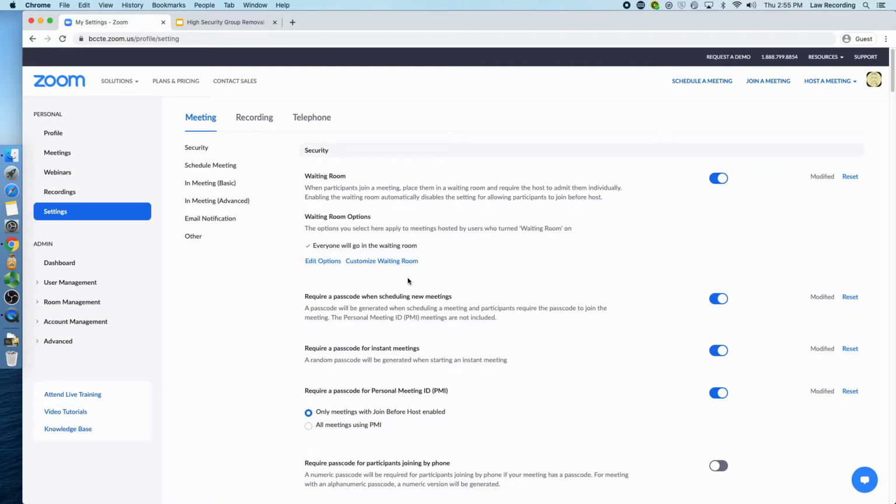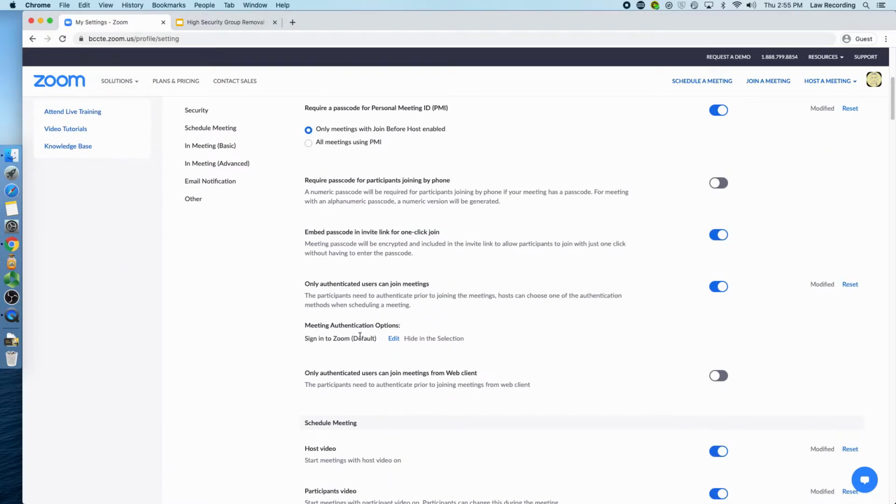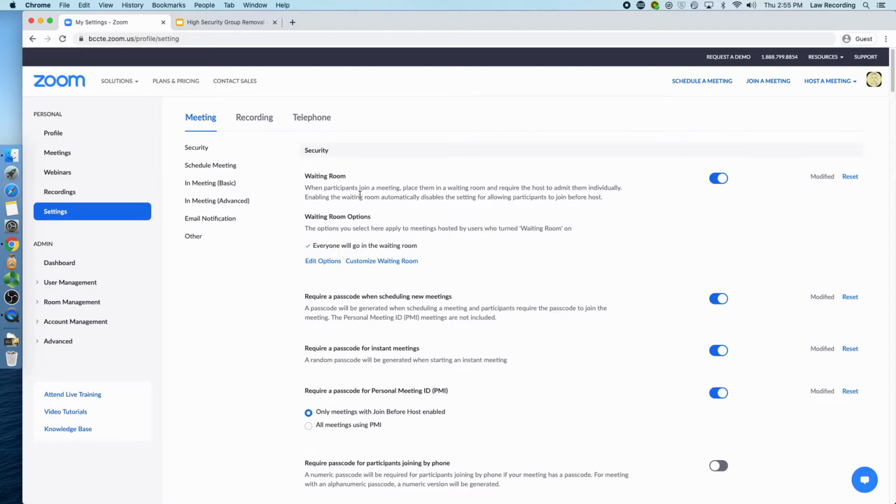The second setting that you need to disable or change based on your preferences is this only authenticated users can join meetings. And again, at this top level in your settings, this is just dictating the default behavior for when you create a meeting. So I'm going to leave this turned on for now, and I'll show you why in just a second. Again, so these two settings, just make sure that they're actually both turned on,